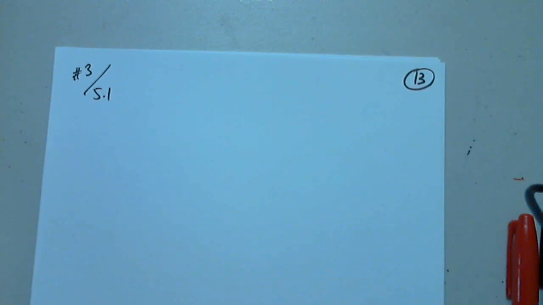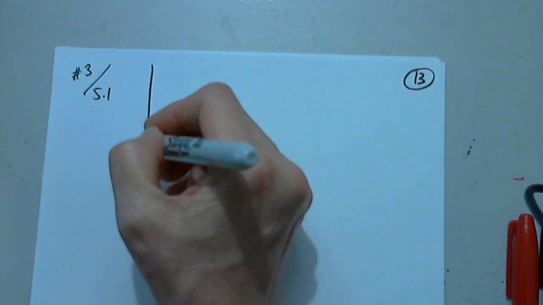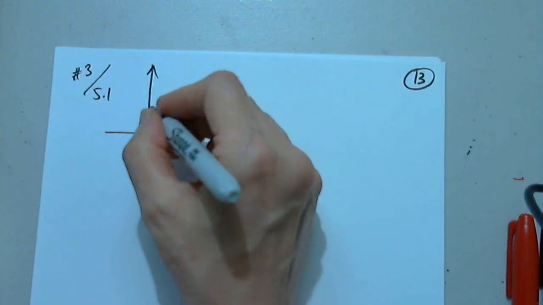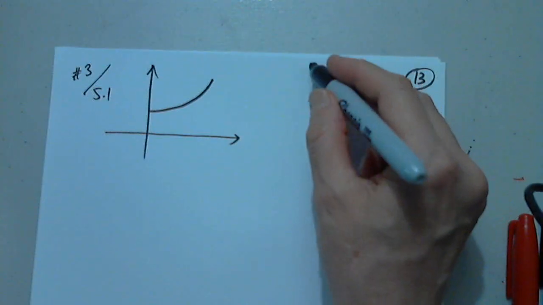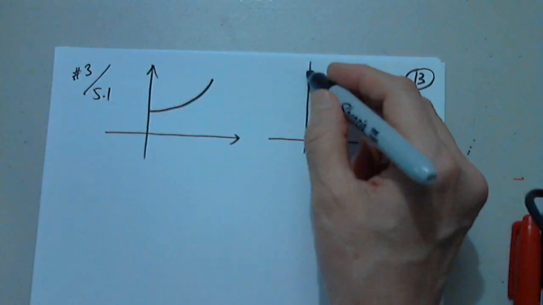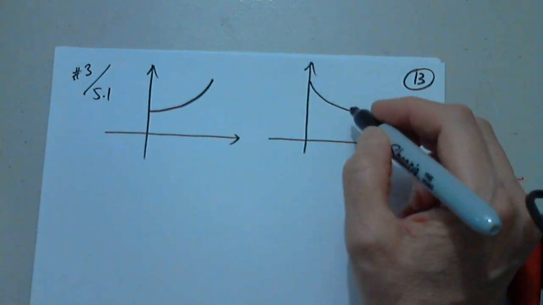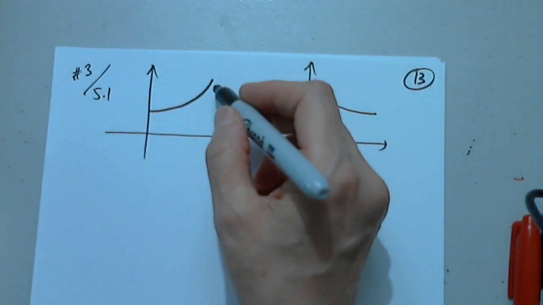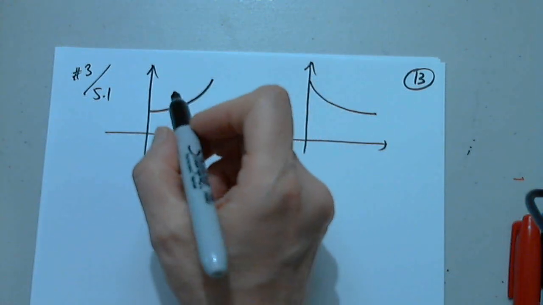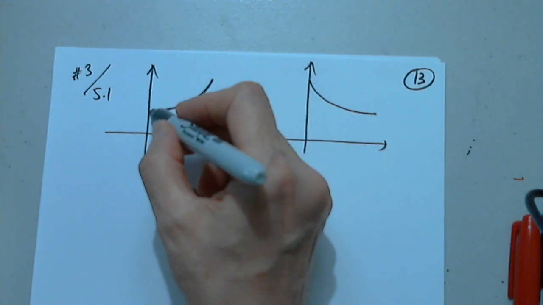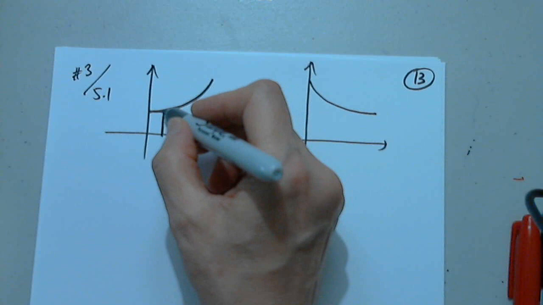So on an increasing function, if the function is increasing or the function is decreasing. So if the function is increasing, then the rightmost point,